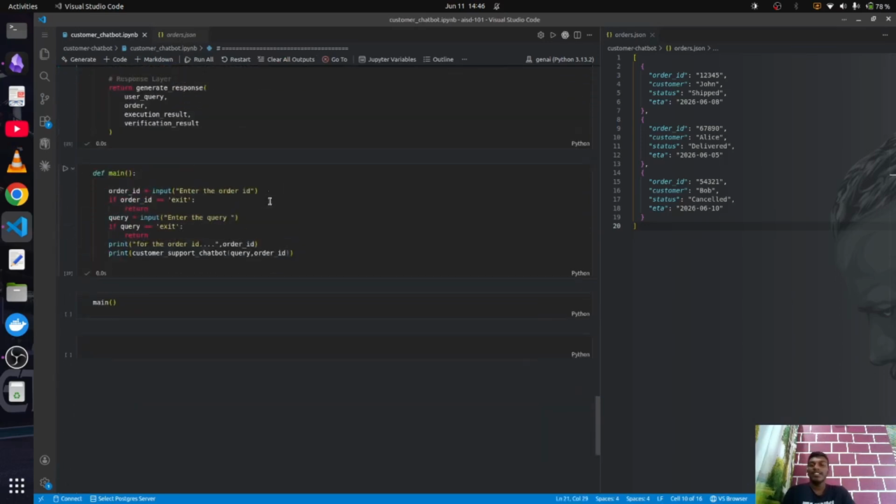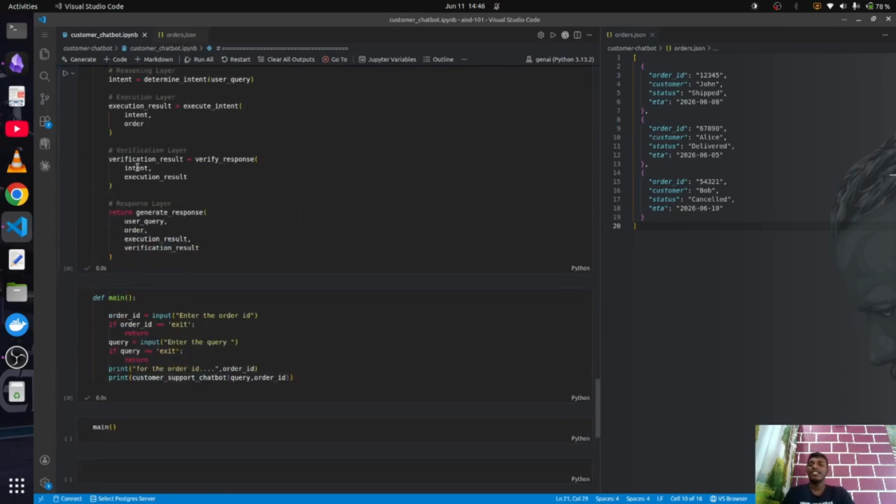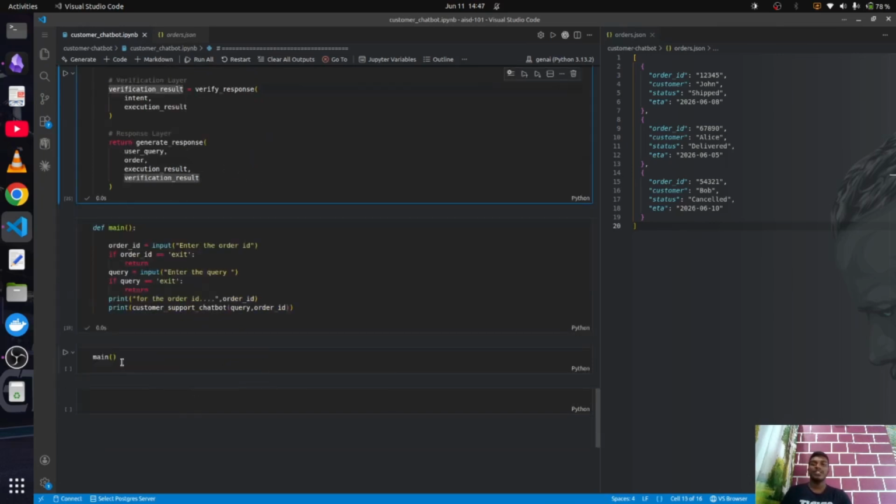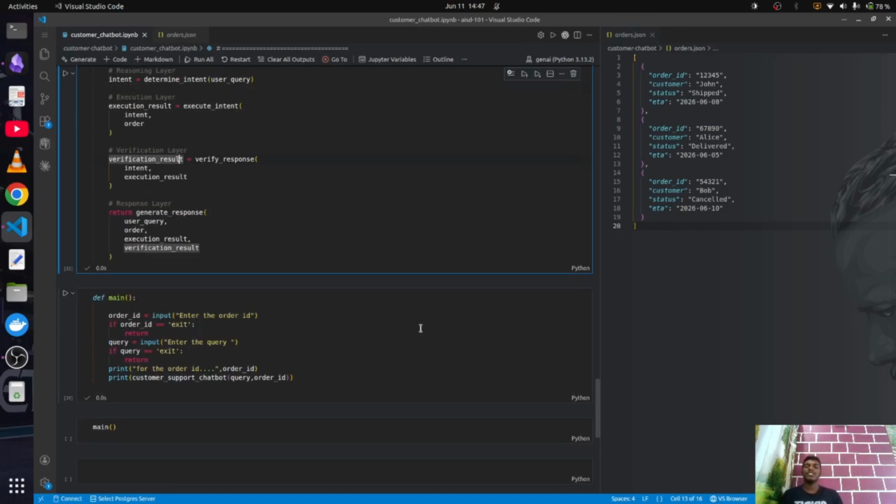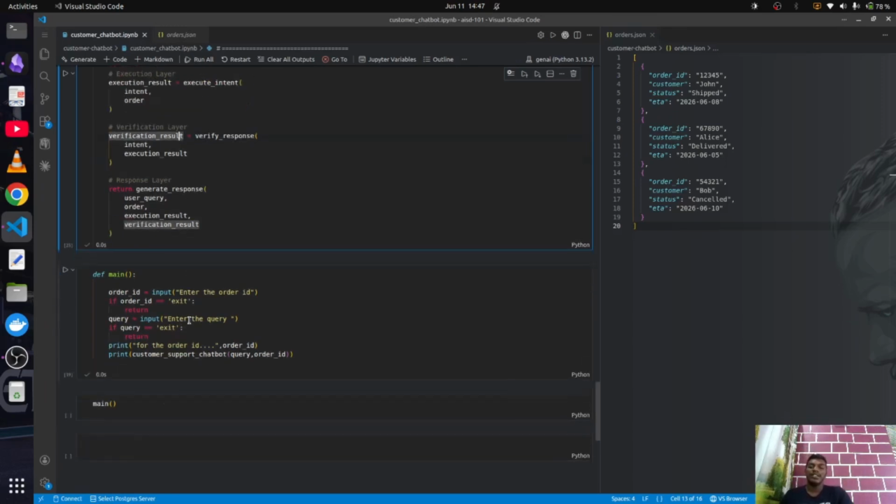And the final one is the verification layer, where we verify the response, for example if the order being tried to be cancelled is already shipped. So basically this is verification. And generate response, as we saw, gave so many sophisticated natural language responses. So basically, this is how a simple AI system looks like. This is basically the chatbot. Any chatbot you build will be comprised of all these layers. You may even skip one or two, but these are the ones which are mainly used.